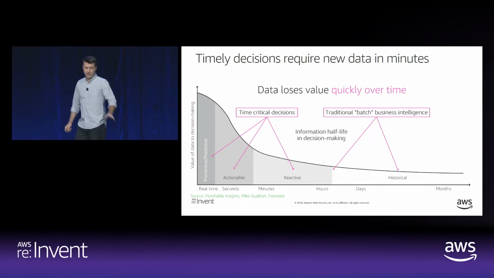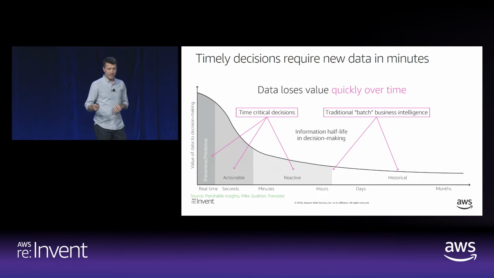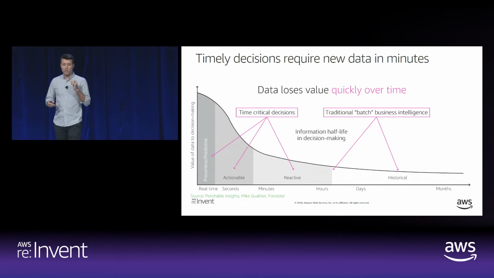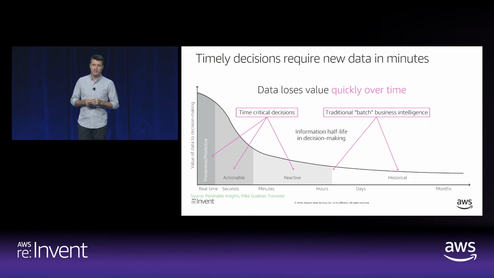So in this chart, we look at, on the left side, the things called time-critical decisions, those blocks. Time-critical decisions typically happen in real time, so milliseconds after the data was created, or in seconds or minutes. This is all going to be very dependent on your application, but in some cases, seconds or minutes is fast enough for your use case, but can still be considered a time-critical data piece. Traditional batch processes, some of the historical data that you might use or might have, they generally lose value over time, but still have a lot of value,